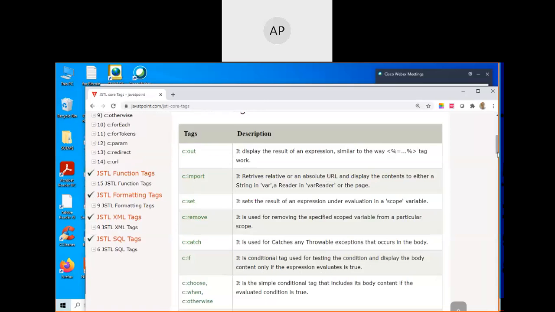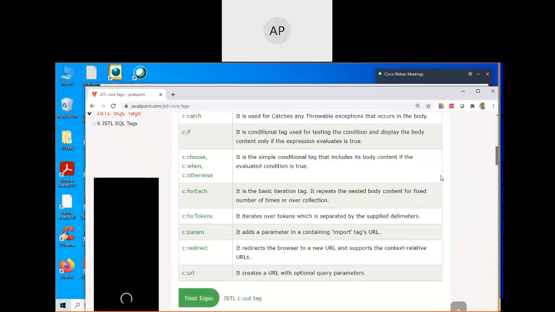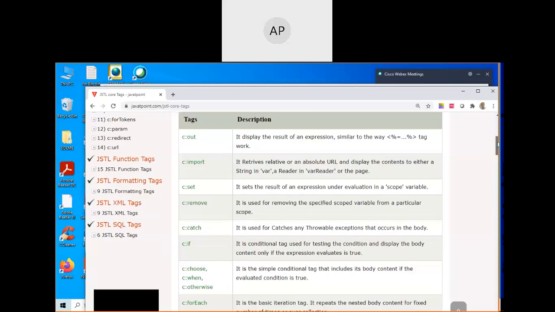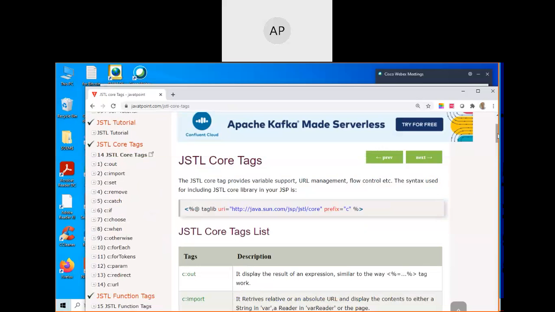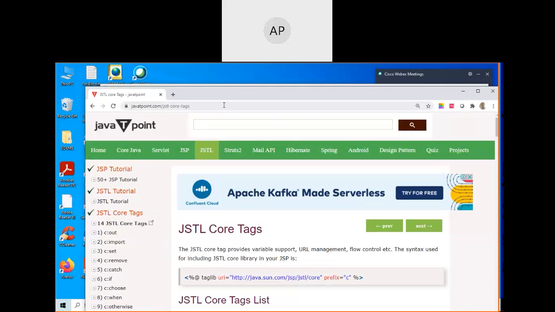Out tag, import tag, set tag, remove tag, catch, if, choose otherwise, for each, param, URL. So you don't need to know all these things. If you understand a little bit, then it will be okay for you to write. So okay. For JSTL, we need to first download the jar file which contains the JSTL